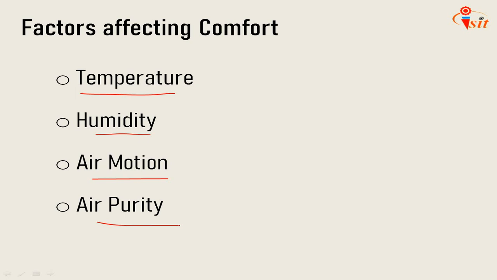Third is air motion. Air motion or air movement over the body increases the rate of heat and moisture dissipation above the still air rate. Generally the still air rate is 3 meters per second, thereby modifying the feeling of warmth or coldness. Depending on the amount of motion, there are pleasing and displeasing effects.